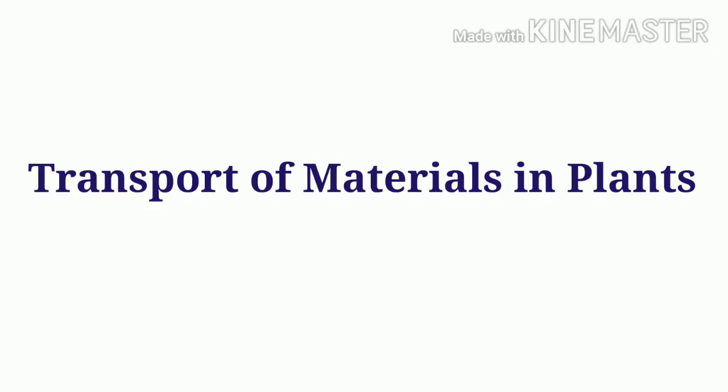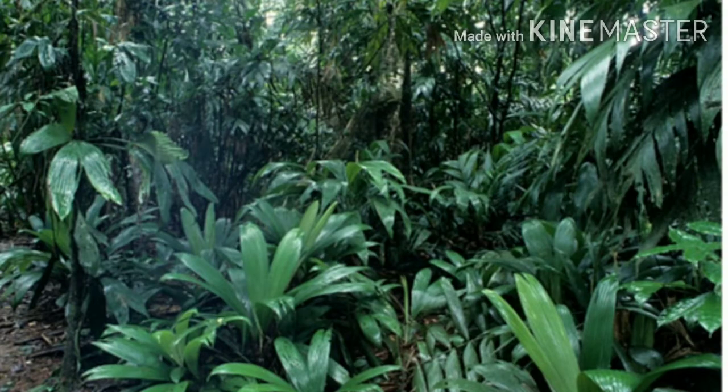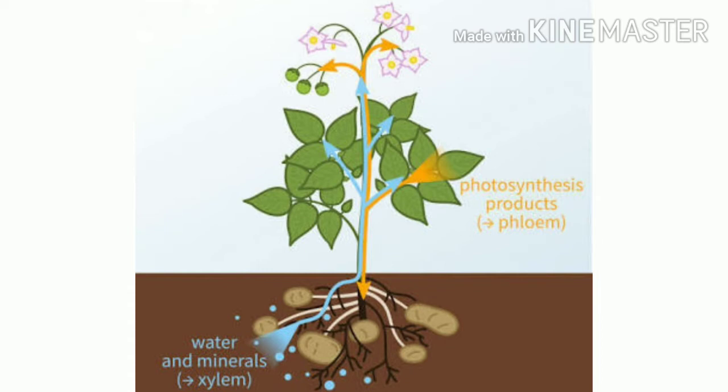In the previous class, we have discussed the chapter Transportation of Materials in Plants. Today, let's summarize the same topic. Water is an essential raw material required by the plants for its growth and survival. It also acts as a medium for absorption of essential minerals from the soil. It helps in the transport of various substances within the plant body, including the manufactured food.